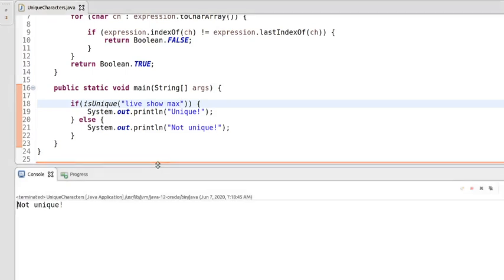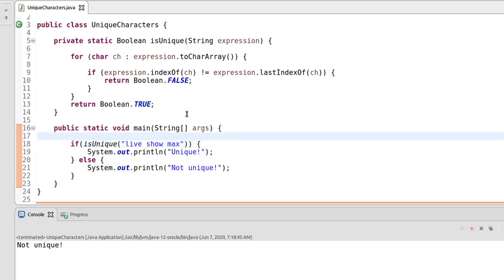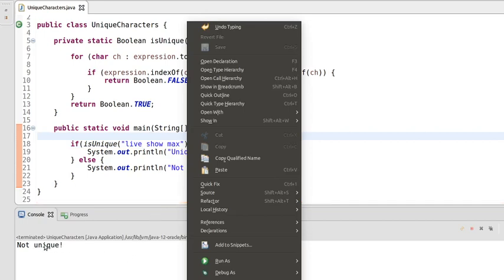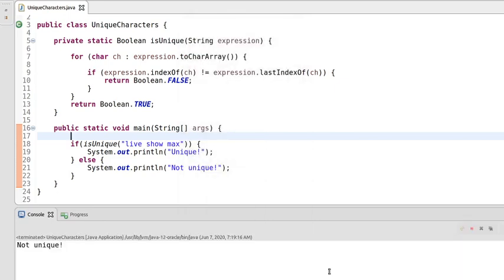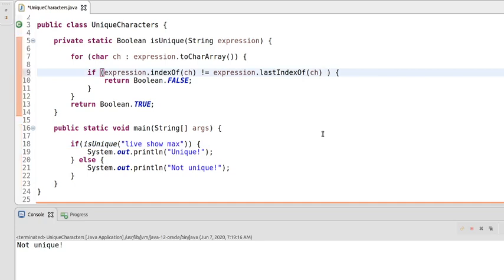So the problem is that all these characters are unique, but you can see we have a space here. Space is not unique here because we found space twice in this string. So it's valid actually. As per the logic the output is valid, but we should not include space. We are only checking for the characters, so we can ignore these spaces.